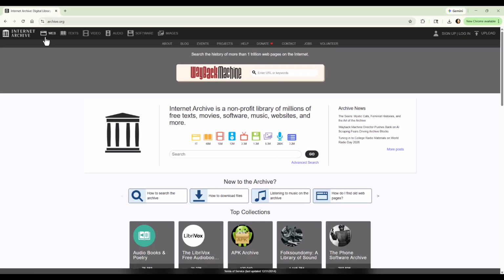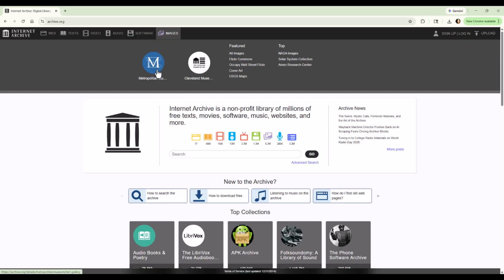What I want to do is concentrate first on the images, and they have the Metropolitan Museum of Art and they have the Cleveland Museum. If you go to the Met, you can actually get images straight from them, but this is kind of a shortcut. Or you can go over to the Cleveland Museum of Art and they will have their items that they have available. So if we go into